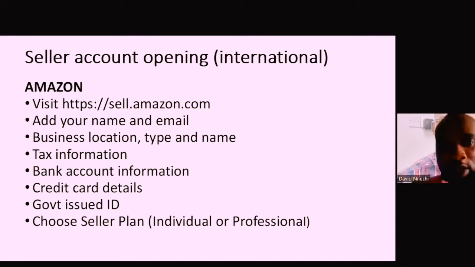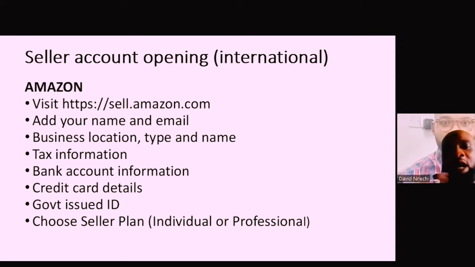Information is very important. Amazon, see, the US doesn't play with tax information. You will need your TIN number. That is, if you are a resident in the US, you have this number, the TIN. So you get your tax information from there. You have your bank account information, credit card details, government-issued ID, and then, most importantly, you choose a seller